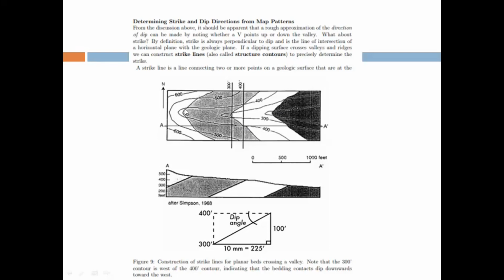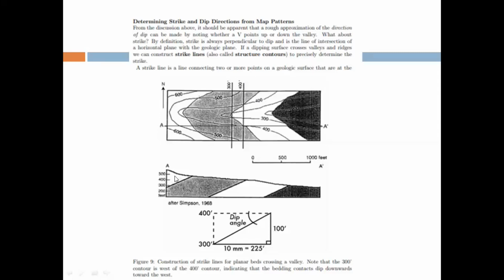So now you can see the pattern of the V of the contours and the V of the strata, or the V of the geological contact. Once you remember, you just have to see wherever the strata and the contour lines are cutting each other, you just need to draw the lines, and these are the strike lines. So this is the strike of the strata. It will be like north-south will be the strike of the strata.